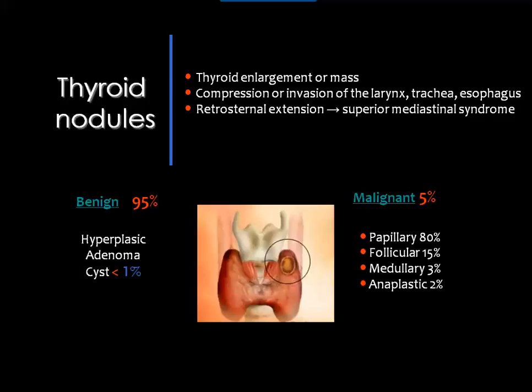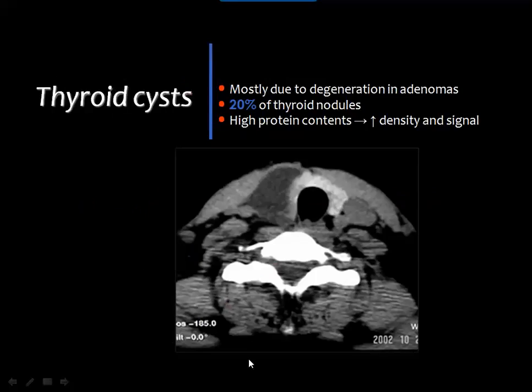Then we come to the thyroid nodules, and we know that most of the nodules are on the benign side and a small percentage on the malignant side. The nodules may be hyperplastic, an adenomatous nodule, or a cyst. Then we'll discuss first the thyroid cysts, which are common, and in many cases they represent about 20% of the thyroid nodules, and they are usually considered to be the sequelae of degeneration in adenomatous